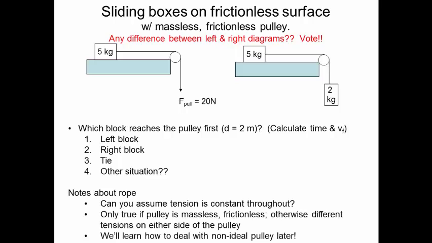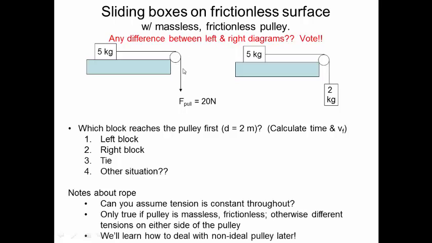I've got two tables here. These are the blue tables. On top of each one of these tables is a 5 kilogram mass. These tables are frictionless surfaces, so the object can slide freely. We've got a rope attached, and the rope goes over a pulley. These pulleys are special pulleys that I bought at the Lowell Physics store in Diagon Alley, and they are massless